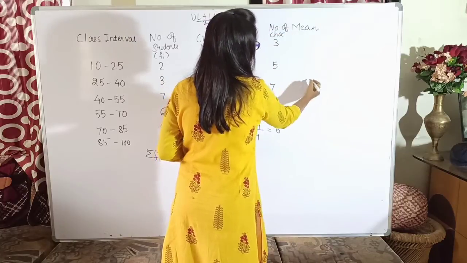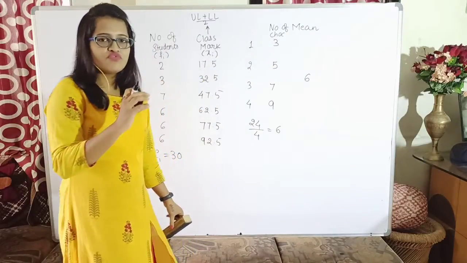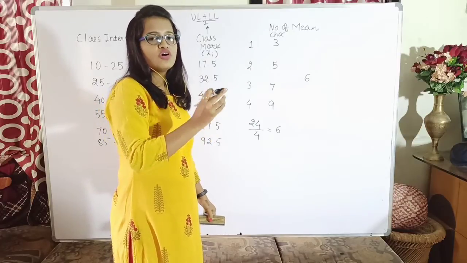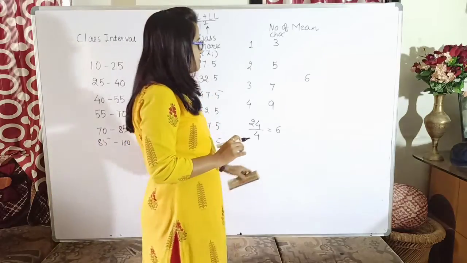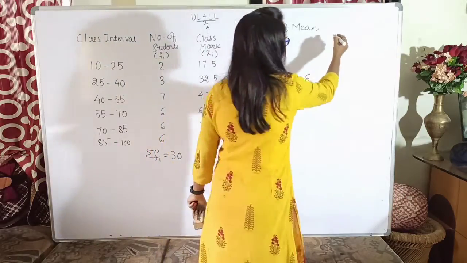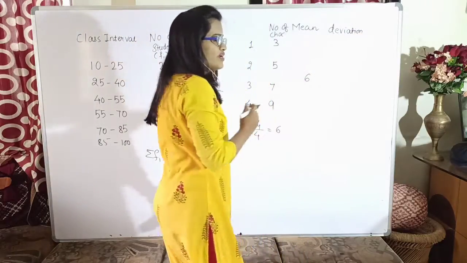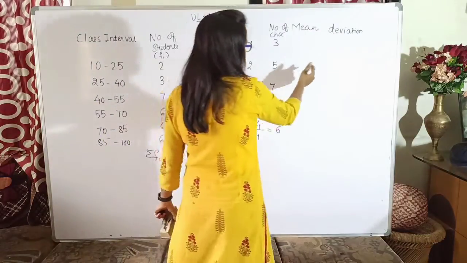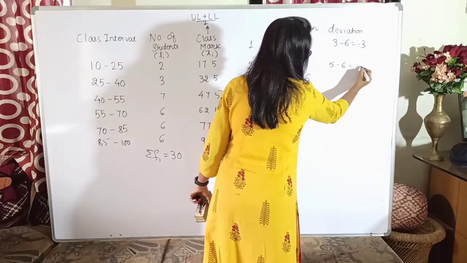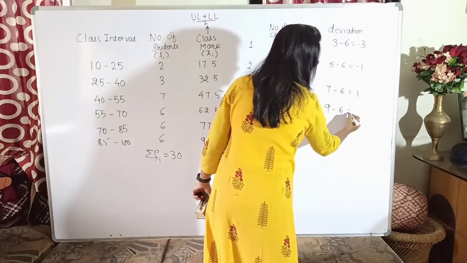So if my value of mean is 6, let us assume the deviation means how far or near the value of the observation is to the mean value. It means I have to subtract the mean from all 4 values. That we call a deviation. Deviation means how it deviates from the mean value. So 3 minus 6 gives me minus 3. 5 minus 6 gives me minus 1. 7 minus 6 gives me plus 1, whereas 9 minus 6 gives me plus 3.